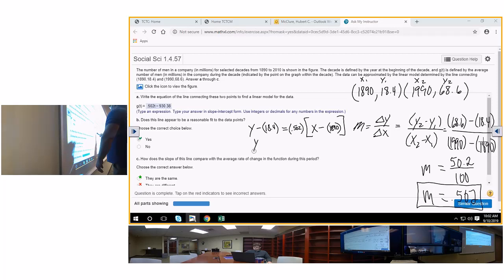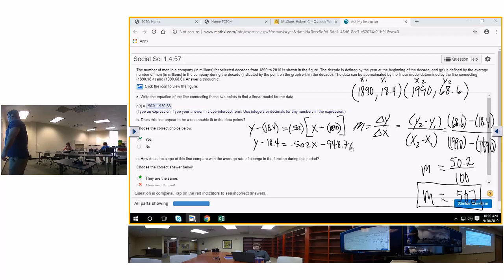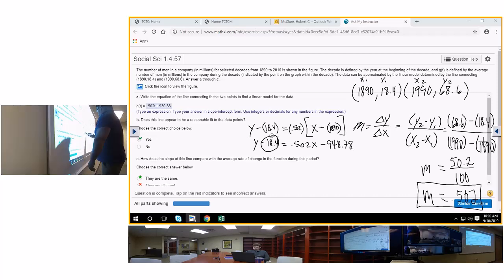Y minus 18.4 is equal to 0.502 times x minus, somebody take 0.502 and multiply it by 1890. 948.78. Okay, and now bring the 18.4 across the river